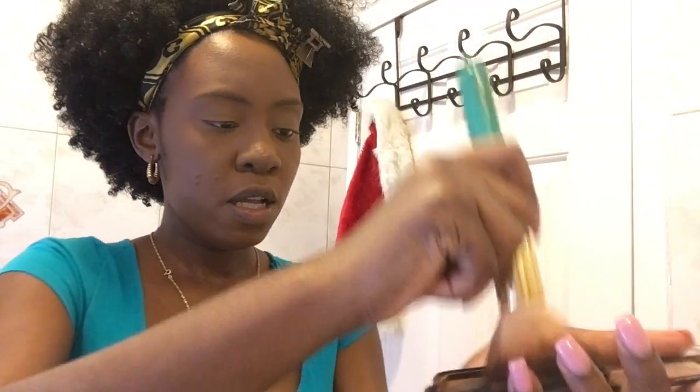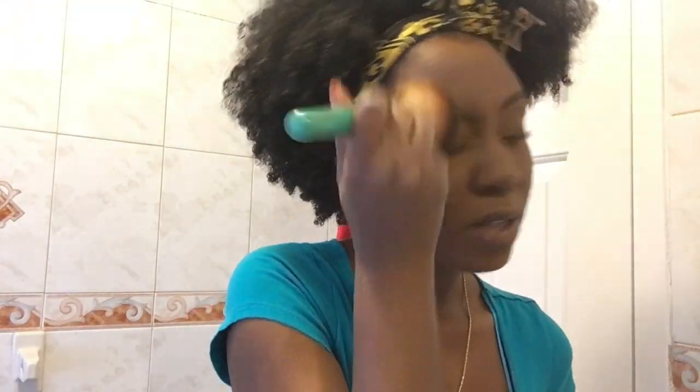So I usually just keep that on because I don't really even brush a lot on to begin with. But I do go in with this Black Radiance pressed powder in Cafe. And I use this fluffy brush. All my brushes are BH Cosmetics. I go in with that, tap a lot off, and then I just go over my whole face with it because I like this powder. It's very nice. And I feel like going over my whole entire face kind of brings color back, because before it looks kind of